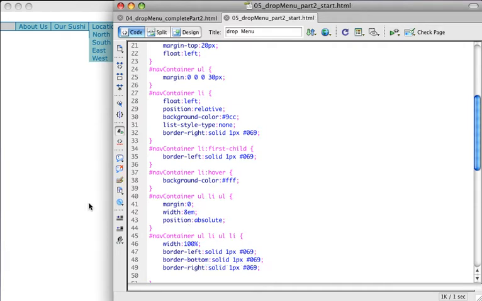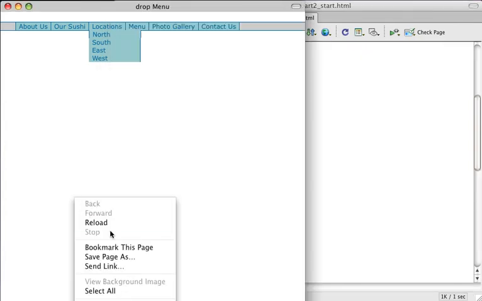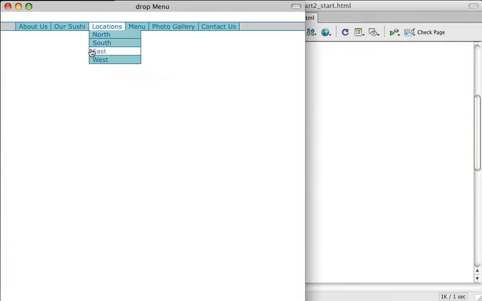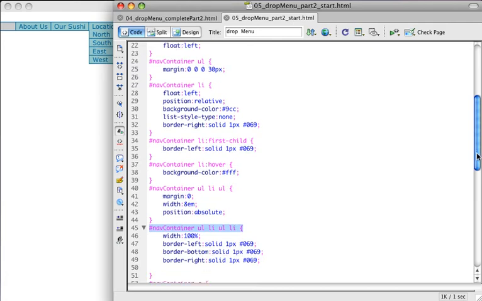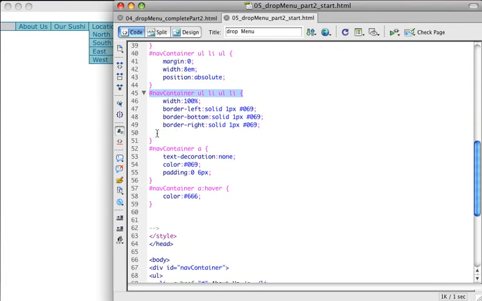So if we save now and refresh, you can see that I get a nice border that appears around each of those drop down list items. So that's looking much better. I would like to have a little border on top of the first drop down item, north, so we can use the same thing that we used before and target the first child. Let me just copy this rule, and we'll come down here,